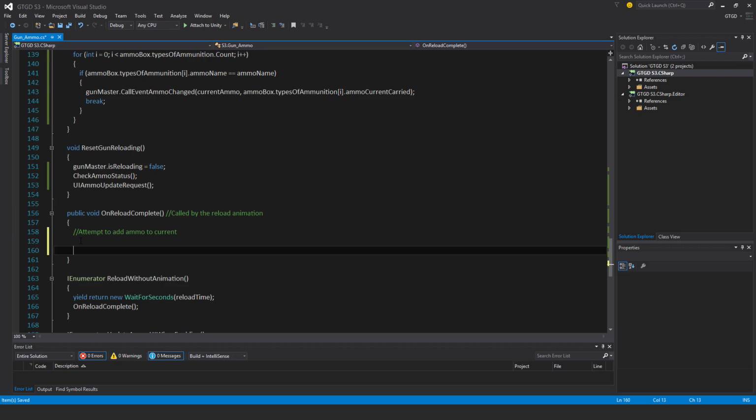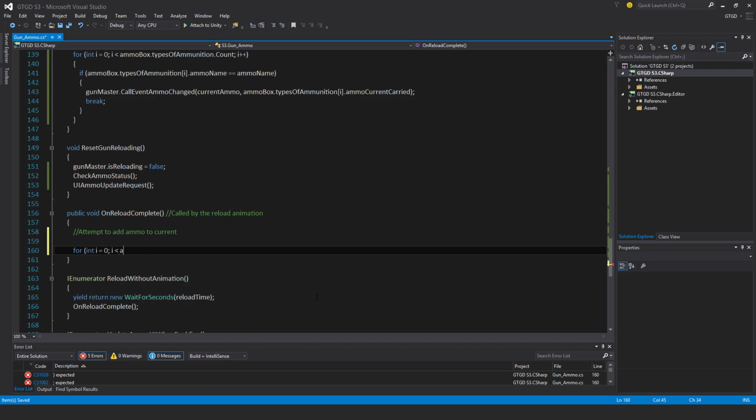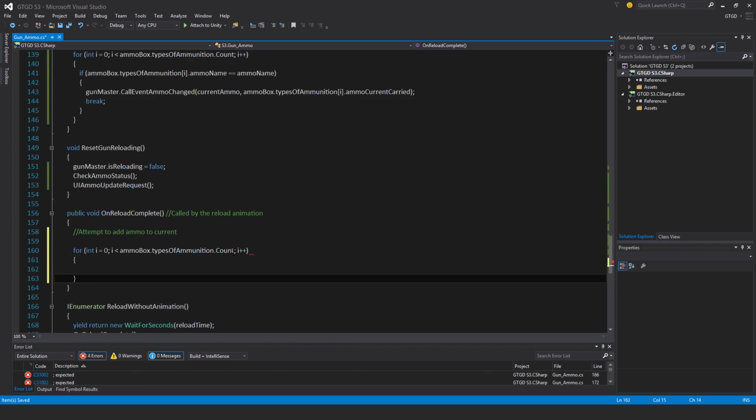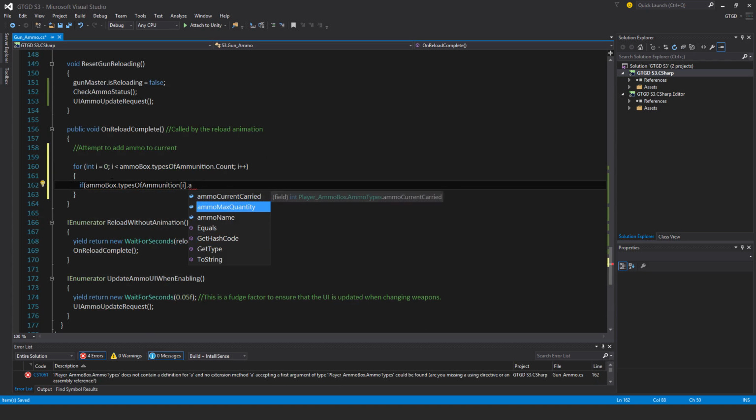For int I is equal to 0, I less than ammo box dot types of ammunition I dot count and I plus plus. If we find the matching ammo type, so if ammo box dot types of ammunition I dot name is equal to ammo name,